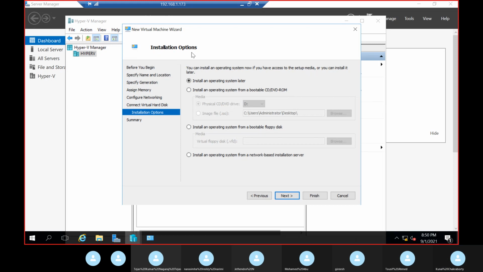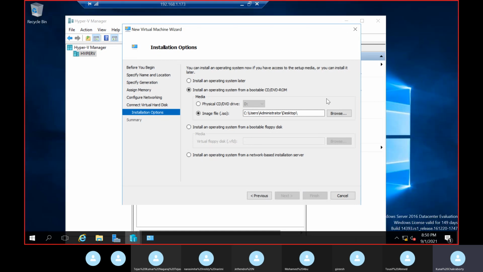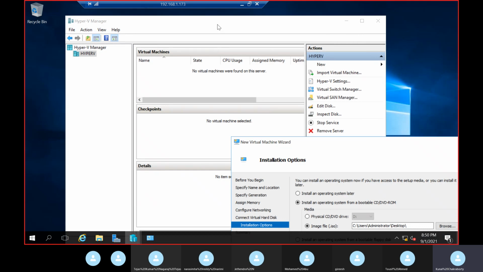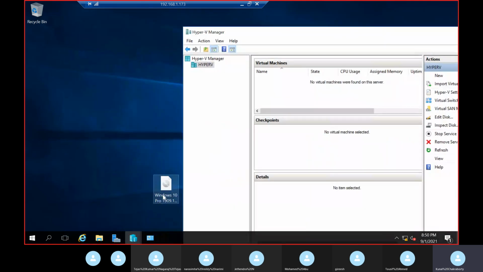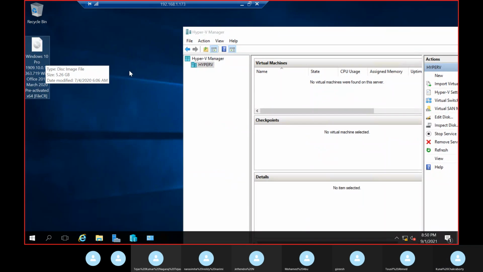Next, now you need to provide the ISO image file. Here also the ISO image file will not be taken from your physical machine. It will be taken from your VM. So your ISO image file should be present in your VM. I have already stored Windows 10 Pro here, so I can browse and attach it.